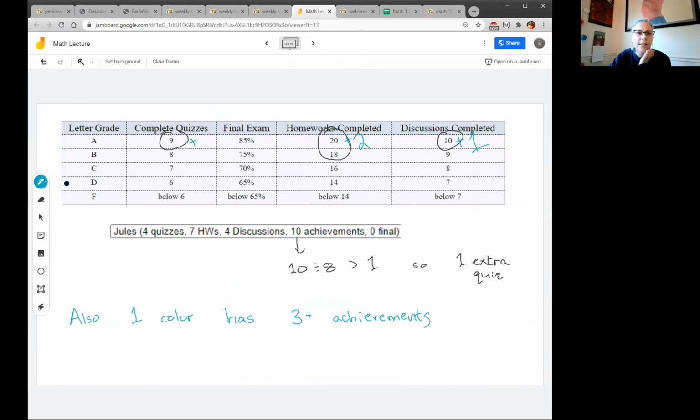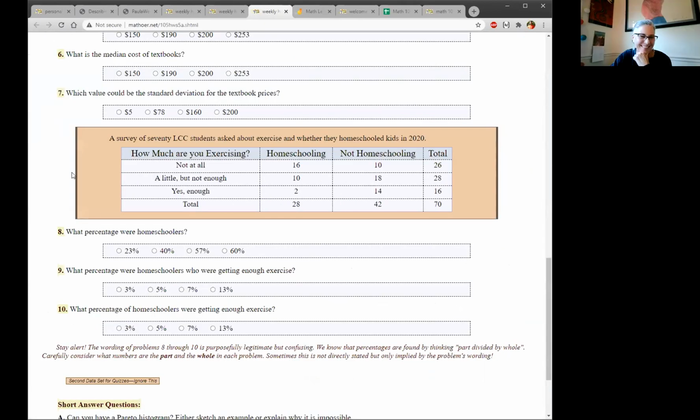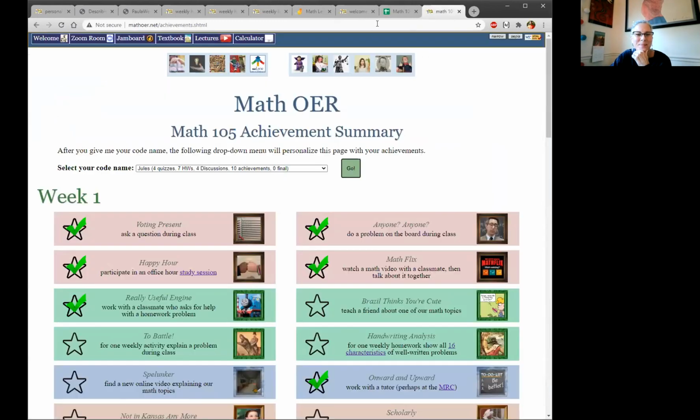And David, you can only achieve 1 achievement once, correct? Correct. You can't do the multiple. Can't double dip. Okay. And then the last part of this was